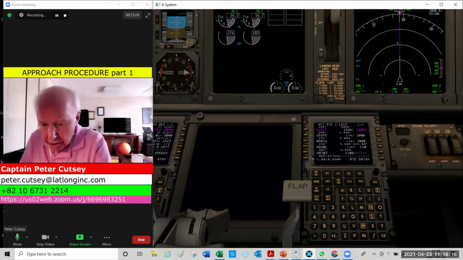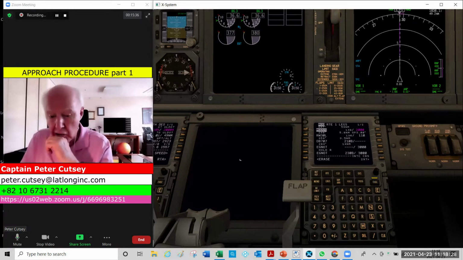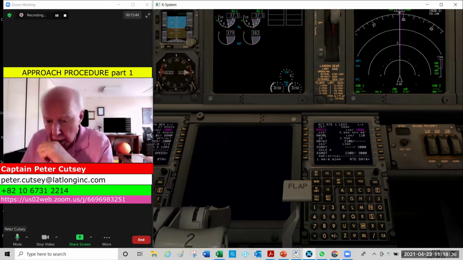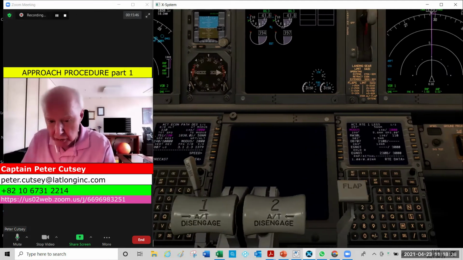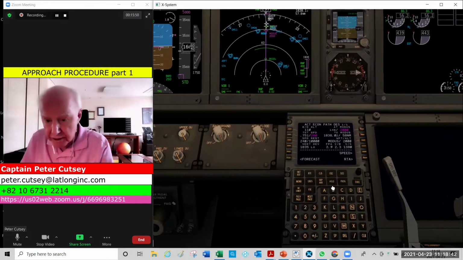Now we're cleared direct to MODIS. So the pilot monitoring will line select that to the scratch pad to the top. I'll confirm after checking the actual track on the map. Never execute unless you've checked the white dotted line going to the point, and I've checked it and I agree with it, and we are now going direct to that point,